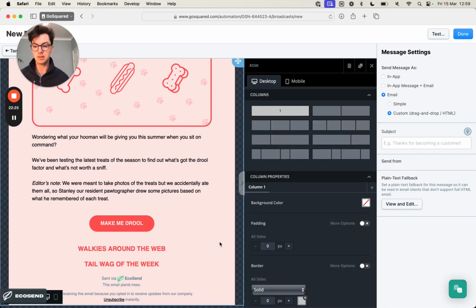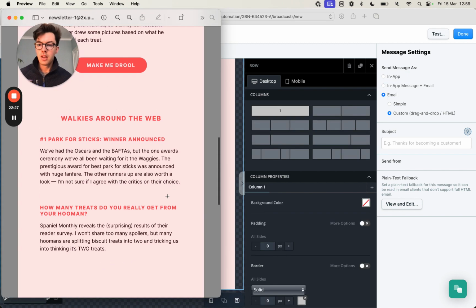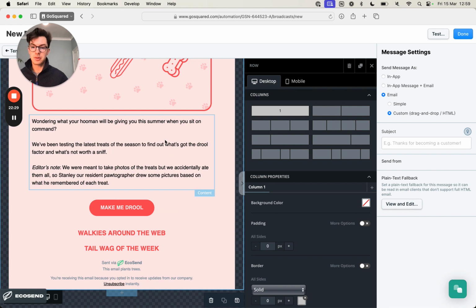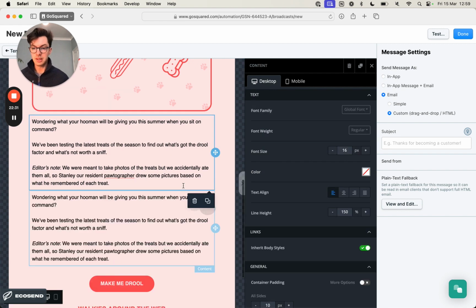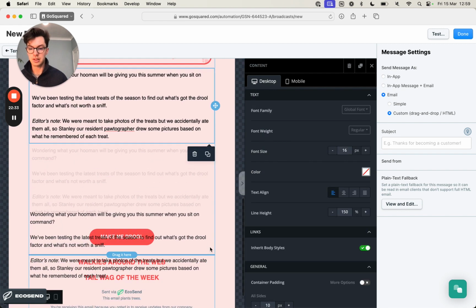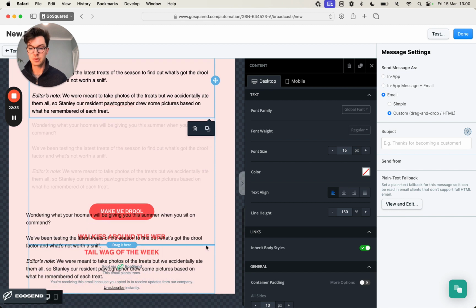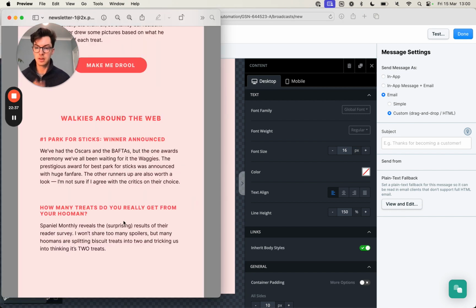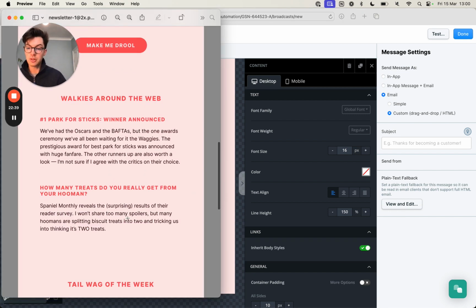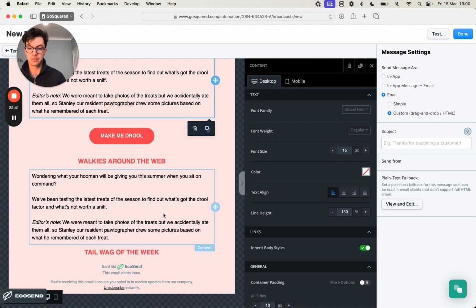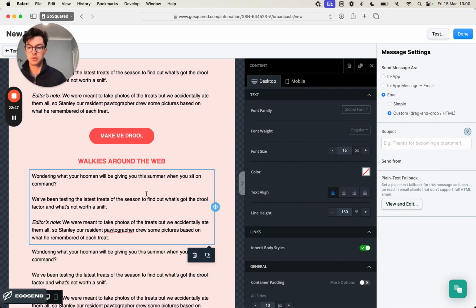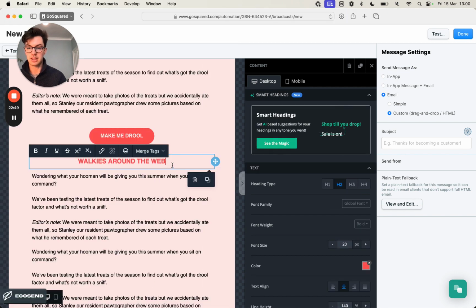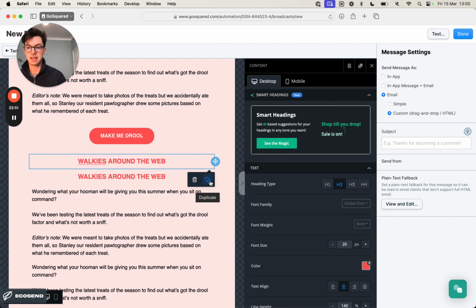So we've got both of those. And then we've got some more body text. So we'll bring that down there. And we've got two lots of body text actually. But we've also got two lots of secondary headings. So if I'm going to duplicate this heading,